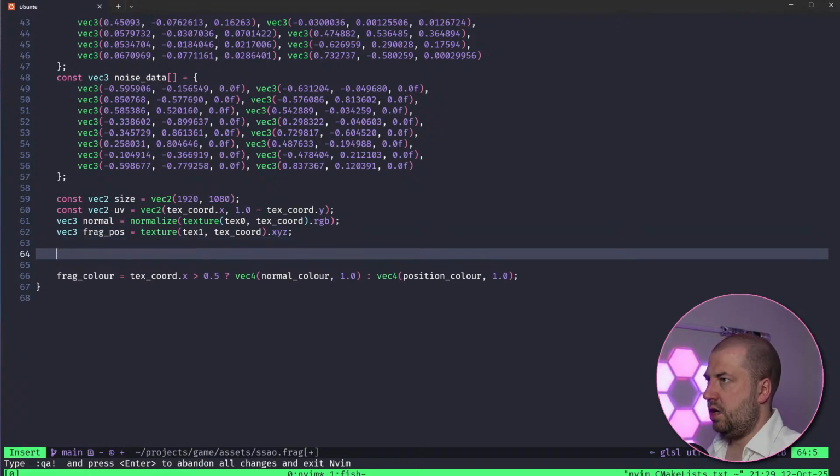Okay, and then const int sample count. What's a good sample count? Again, because I use my sample count. I could just do the range of values. Like, what's a